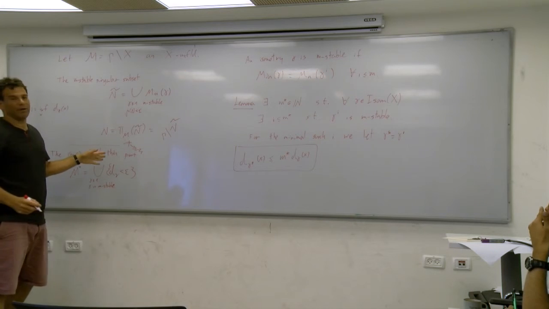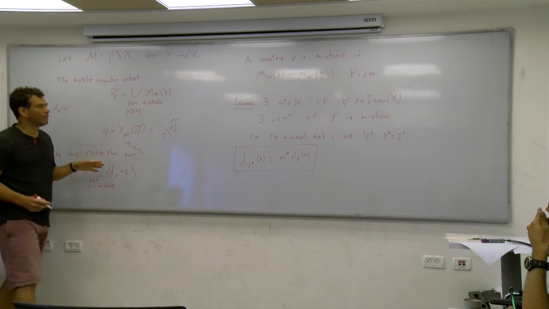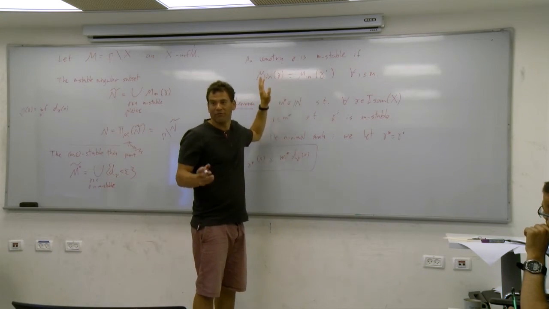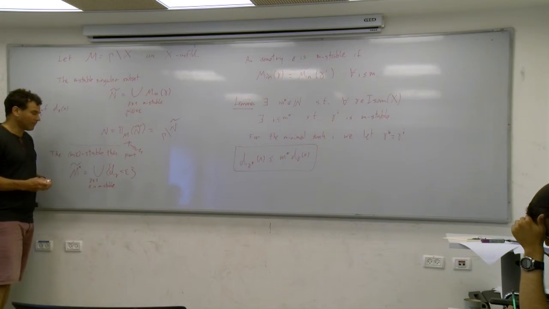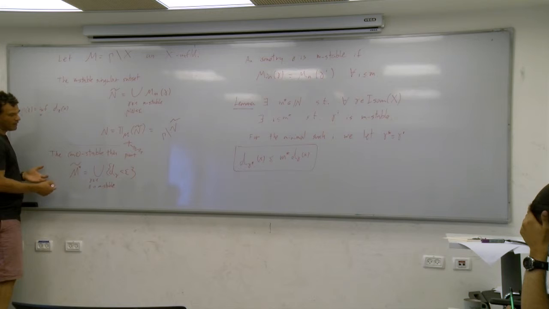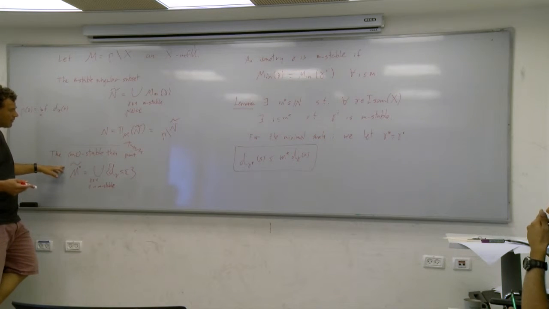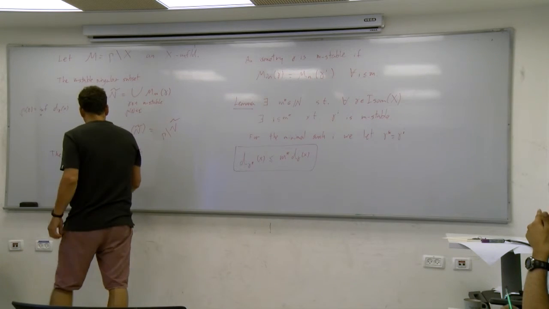By the way, if gamma is a parabolic element, automatically it's stable. For a parabolic element, the minimal set is empty, so it's automatically stable. But for hyperbolic, I may replace every element by some power. But okay, this is the stable thin part. And then I define the stable thick part to be the complement.